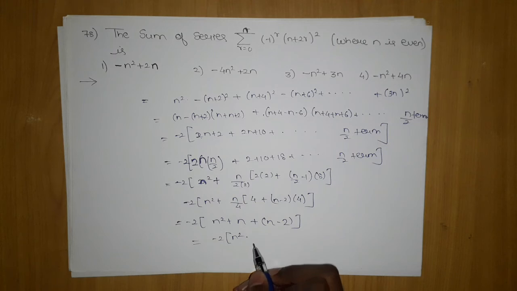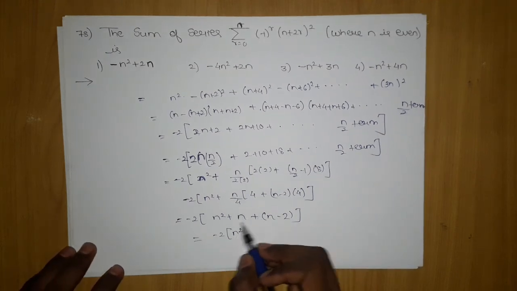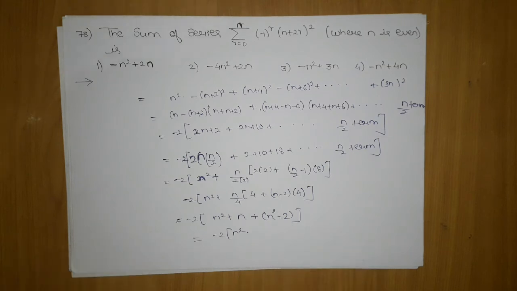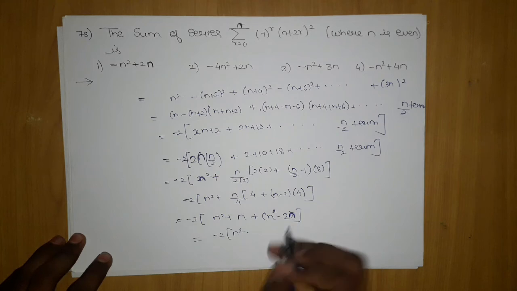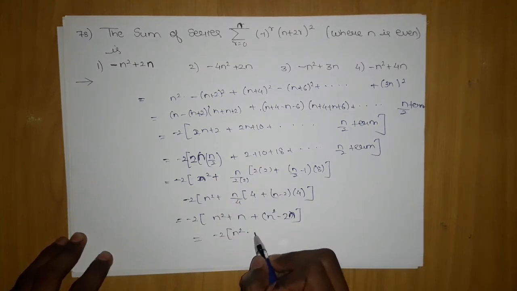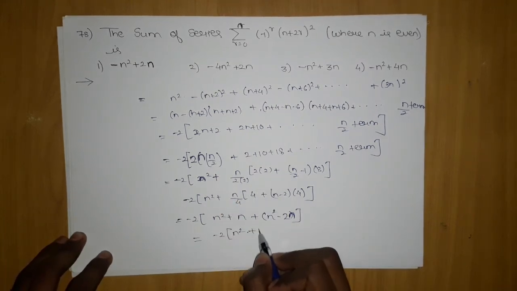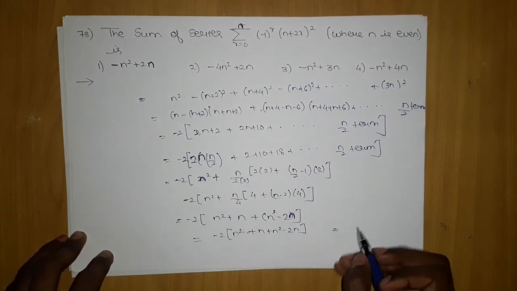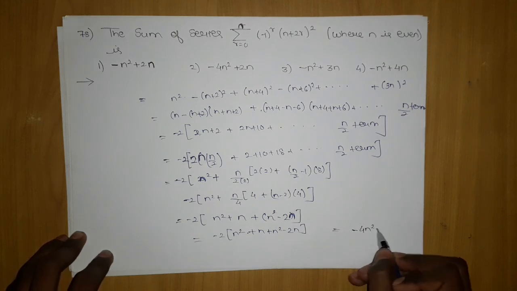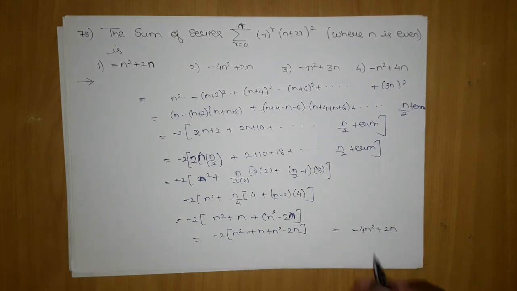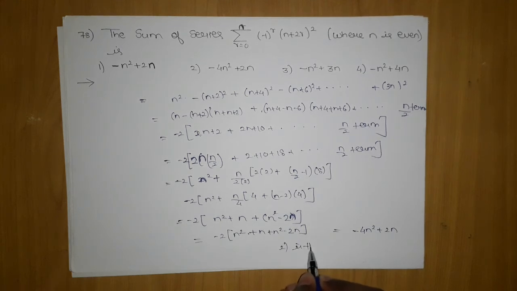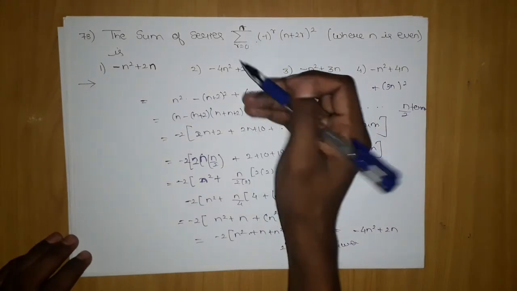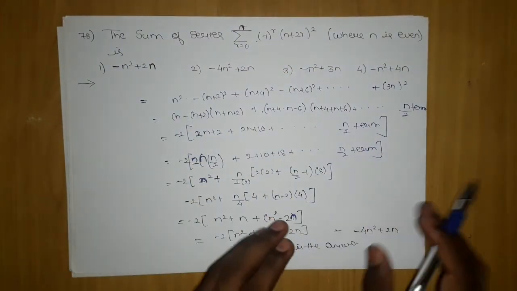Okay, this 4 will cancel out, this will become n square minus 2n when n is multiplied inside. So we are left with n square plus n square minus 2n, which will be nothing but minus 4 n square plus 2n, if you simplify. Okay, so second is the answer. The main thing is that you should be able to open this, and then identify a square minus b square and then solve it.